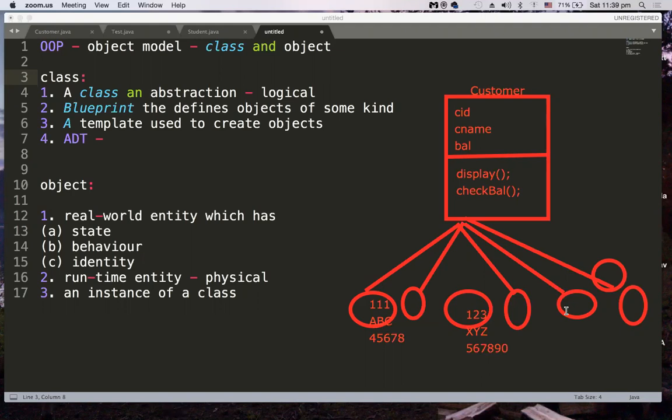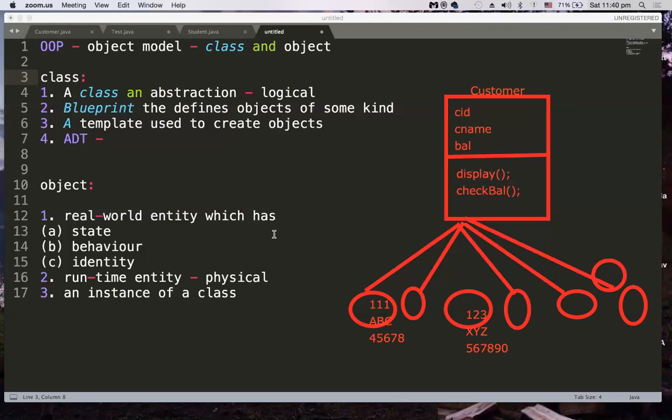For example, dog is a class; my dog, your dog, and somebody's dog are objects. Car is a class; my car, your car, that car, this car are objects. But car is a class that just defines some variables and methods, that's it. An object will have the state, the values for those properties.